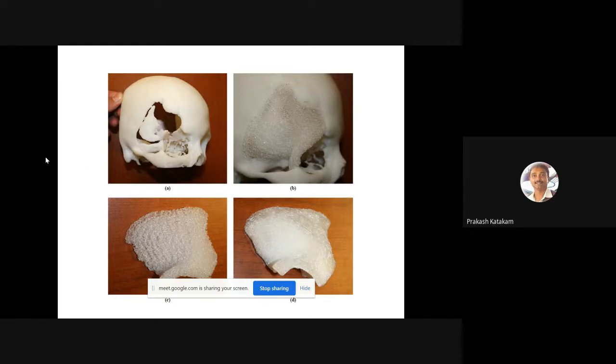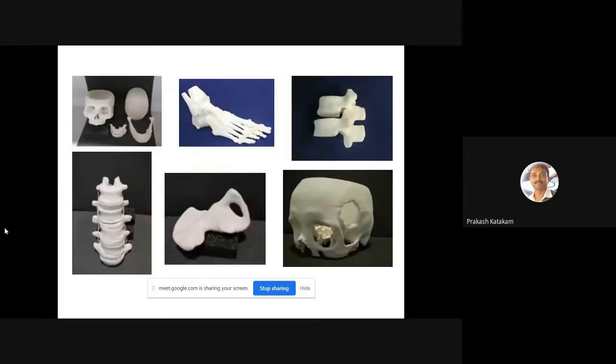That particular part they printed using some polymer or hydroxyapatite bone-based materials, biopolymers, and they printed the exact shape of the broken part and attached it to that particular person. This is an example to give you an idea about how 3D printing technology can be applied in biomedical engineering. These are a few other examples where we can print any orthopedic part or dental part using 3D printing technologies.